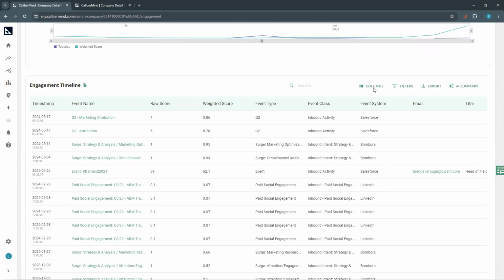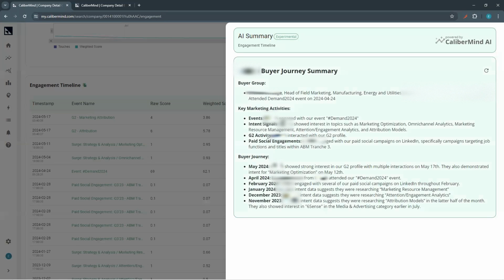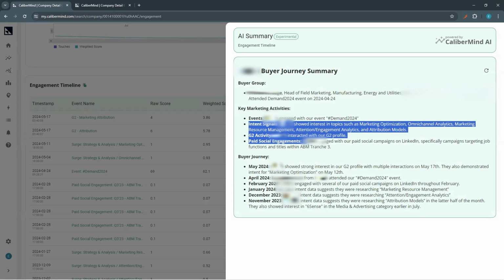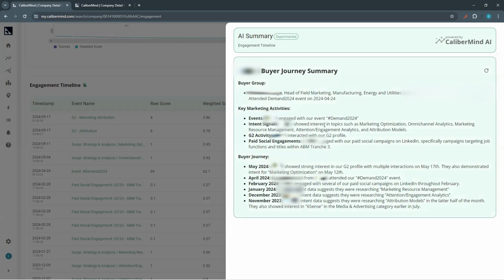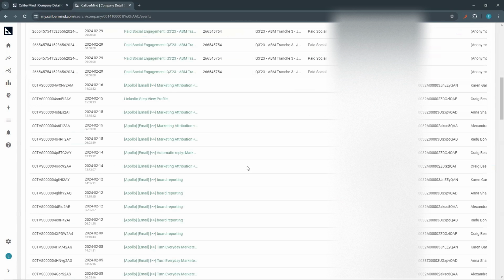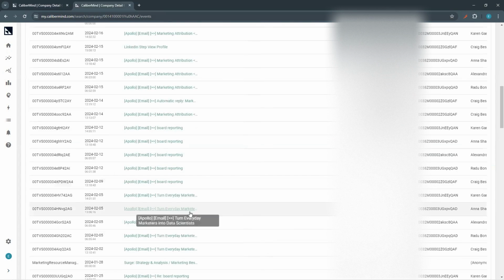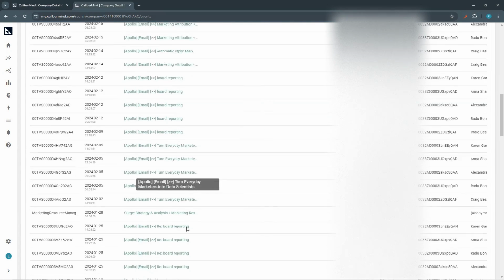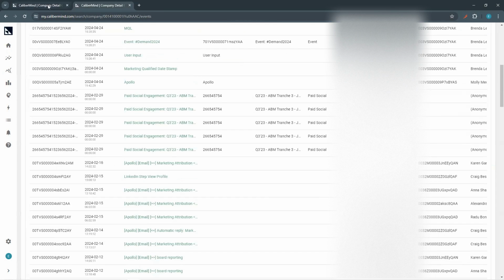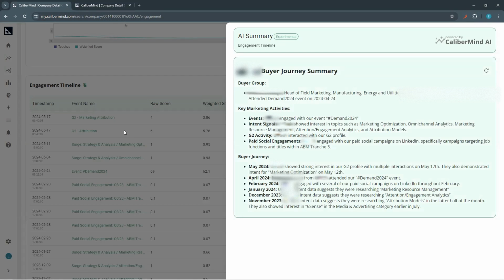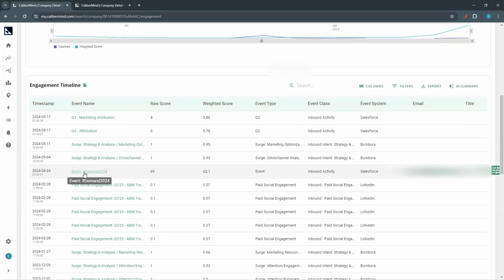I'll give you a quick summary of this data here using AI, where we saw both paid social, G2, and intent signals coming in around this organization. From there, we then prioritized our sales team to start doing outreach, which you can see here, lots of emails going out to this organization as we started to prioritize the outreach, which eventually resulted in this organization showing up at one of our events that you can see right here.